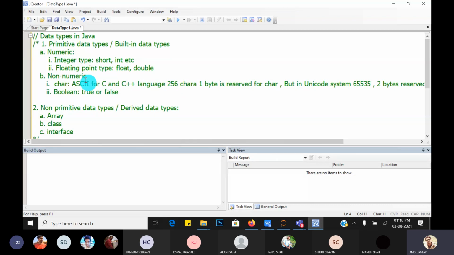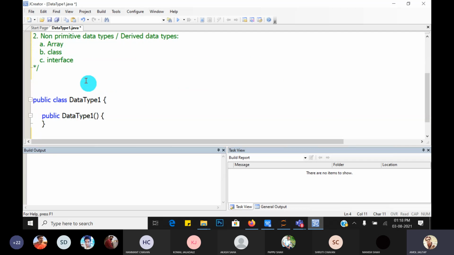Now let's check what are the different points which exist in the other languages, mainly C and C++, and then Java. Compare it.